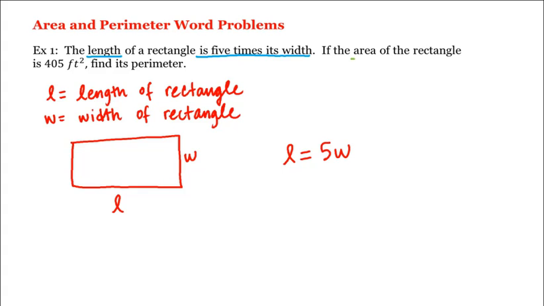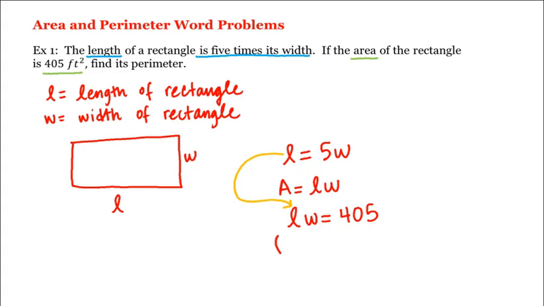But we're also told that the area of the rectangle is 405 square feet. And remember that the area of a rectangle is the length times the width, which means that the length times the width is equal to this 405 square feet. Now we know that L is equal to 5W, so let's replace L here with 5 times W, which gives us 5 times W is equal to 405,